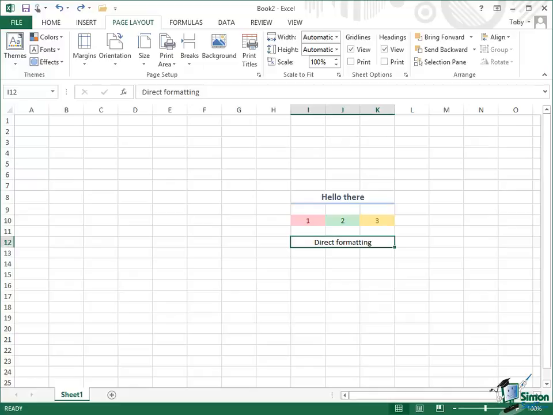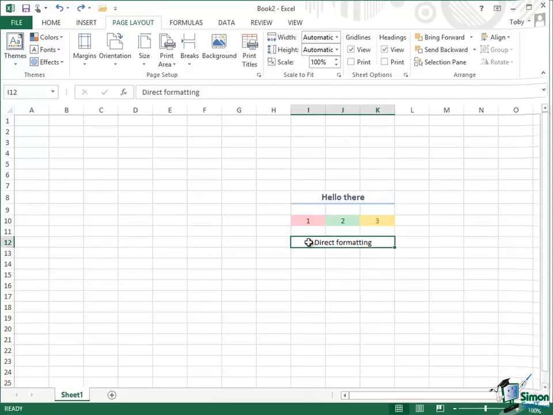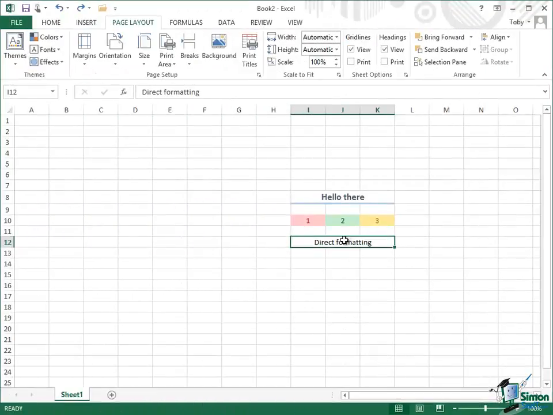Now that's the first two levels, theme and cell style. The third level is direct formatting, because you can make something completely independent of the theme if you want to. And what I've done here is I've merged three cells into one, I've typed in there "direct formatting", and I'm going to directly format this cell and just demonstrate that a change of theme makes no change to it whatsoever. Now the first thing I'm going to do with this cell selected is to change the